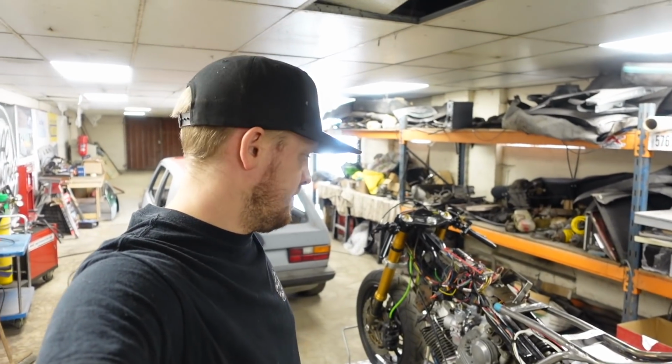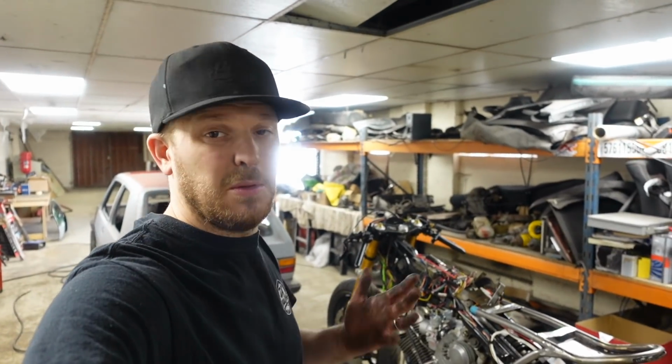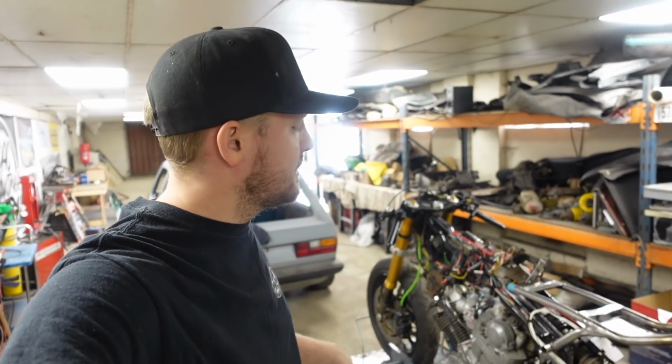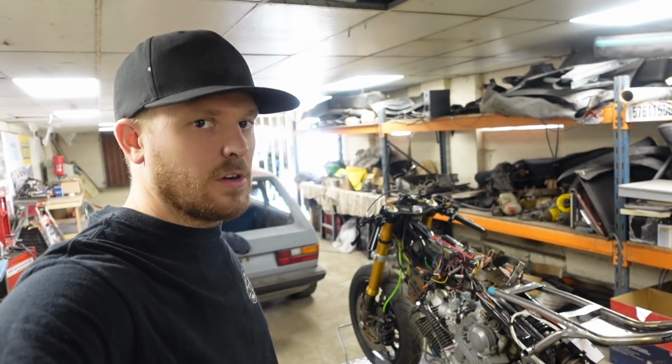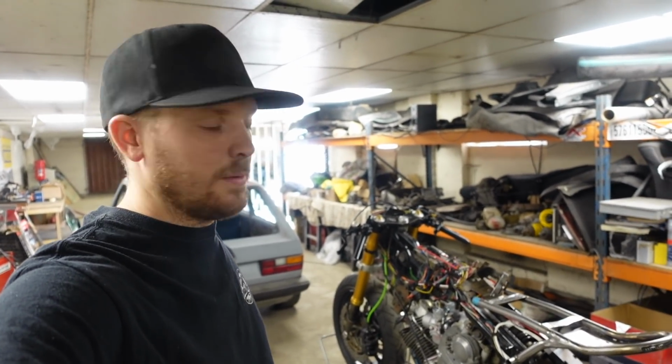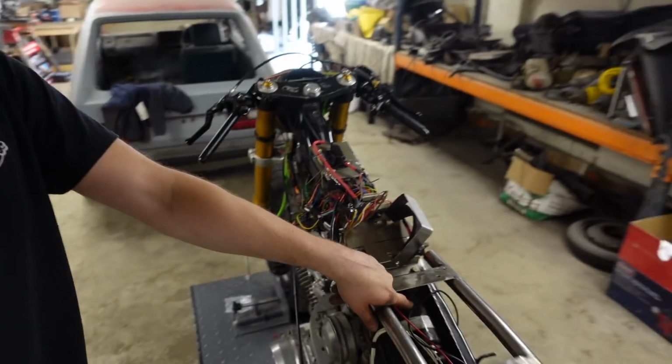Which leads us on to a job that I won't say I've been putting off, as I do like to put jobs off. You can probably tell by all the other projects. I just don't know how much of a faff it's going to be, because I think getting this off is going to be difficult to start because it's so seized up. So what we need to do now is sort out taking this rear shock out,